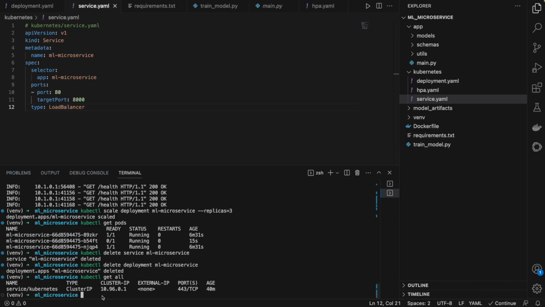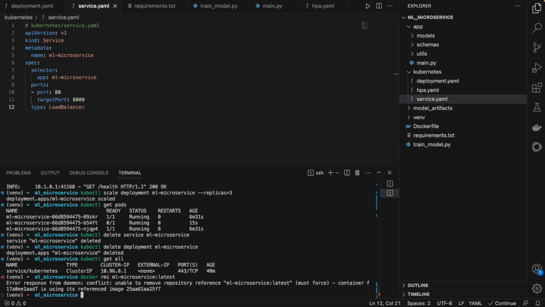And if you also want to remove the Docker image, for that you can just use this command, docker rmi, remove ml microservice latest. That was the name of my file. It didn't get removed, but if I try to force it and remove, maybe I can remove it.